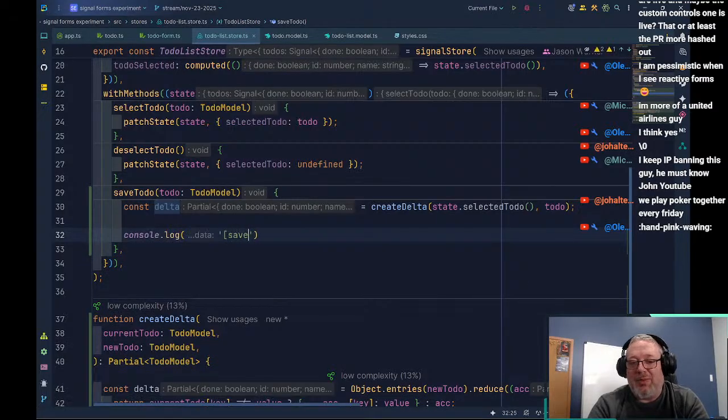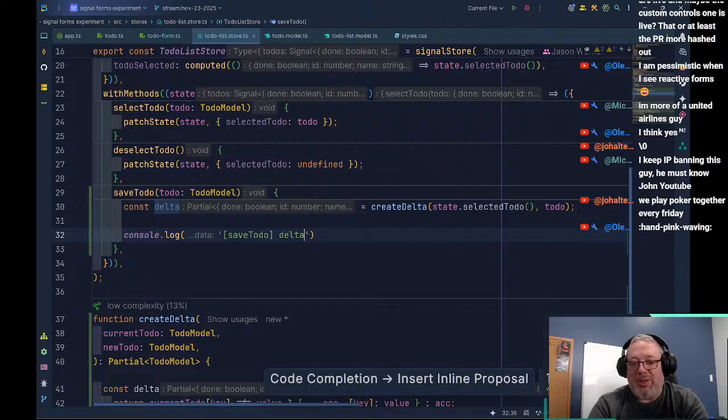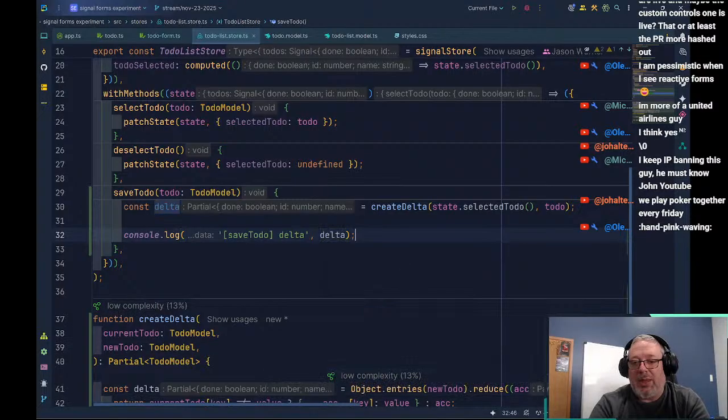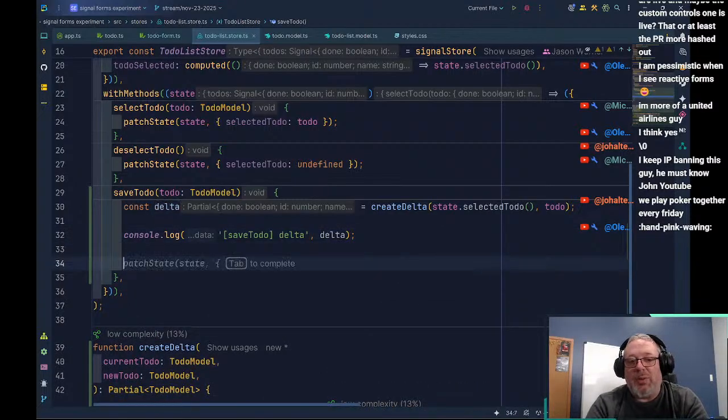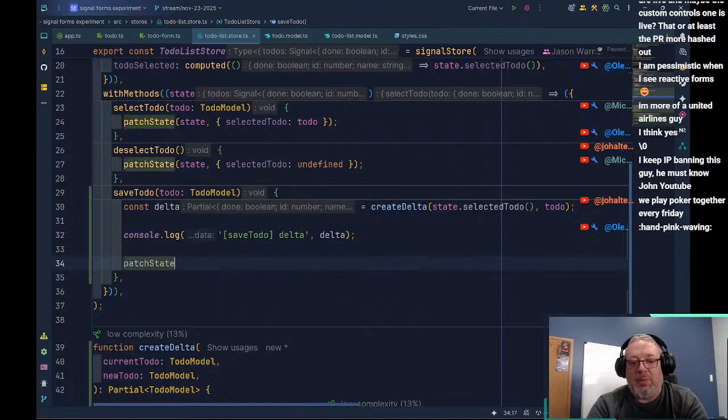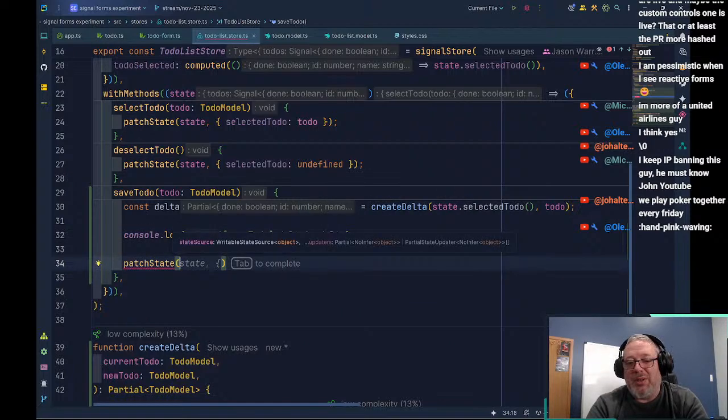And again, we can console.log. We can say saveTodo delta, and again, we can log our delta here. And finally, what we can do is say, hey, patchState.